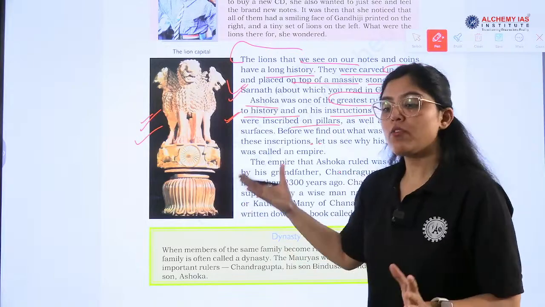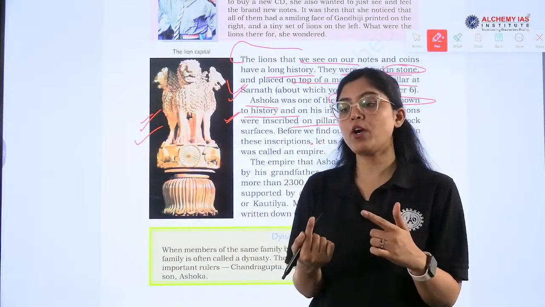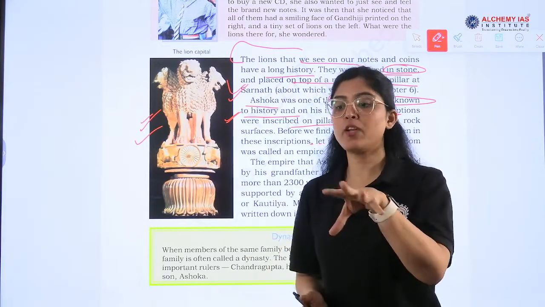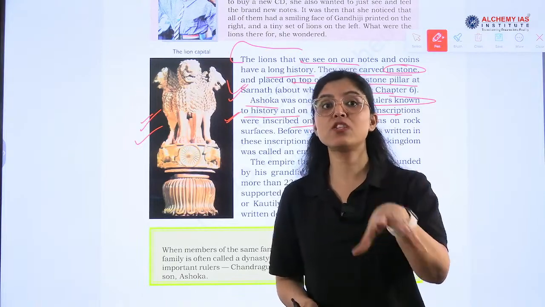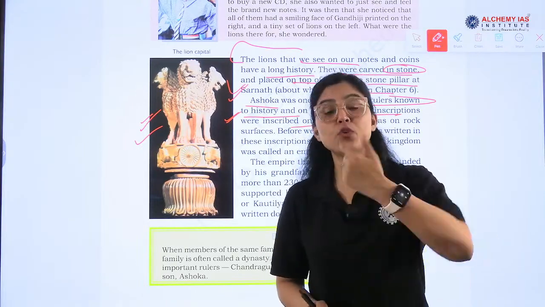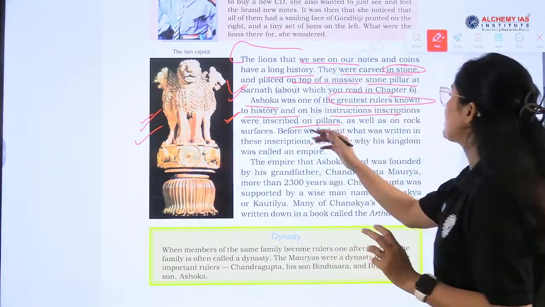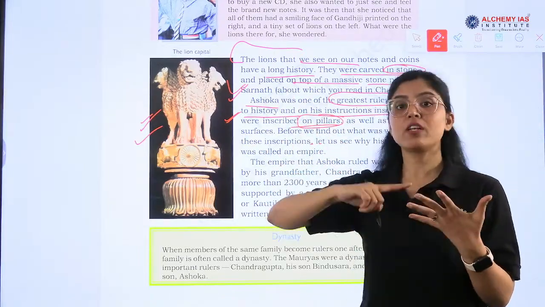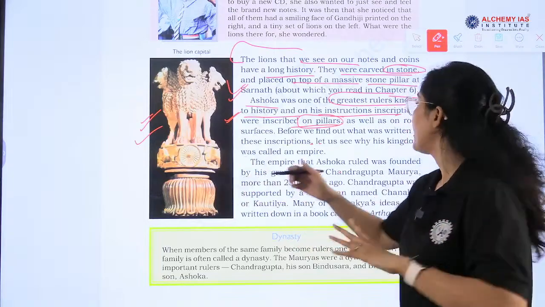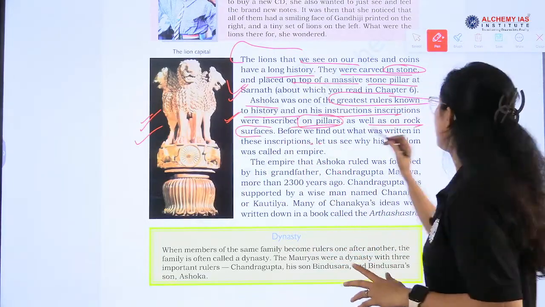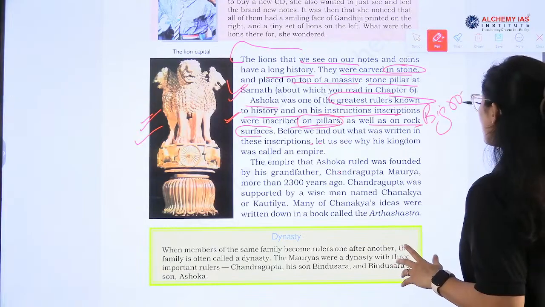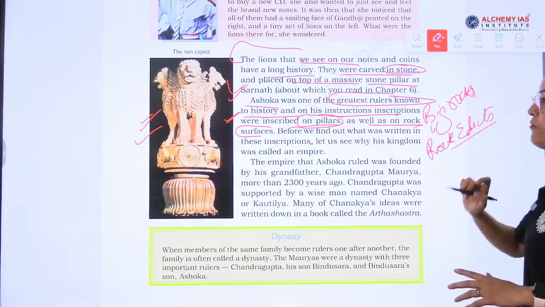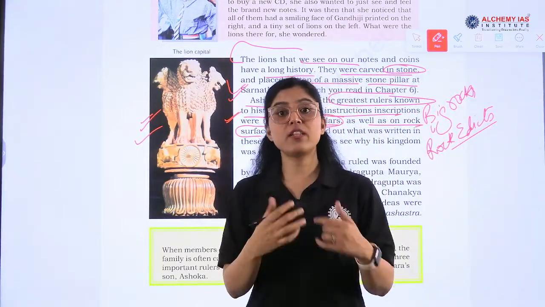Ashoka was the greatest, and the second important thing about him is that he used to inscribe inscriptions, and this was the way he told his subjects and officials what the duties and responsibilities of officers were, what the duty of a person is. These inscriptions were inscribed on pillars, on caves, on big rocks, as well as on rock surfaces. The ones on big rocks were called rock edicts.